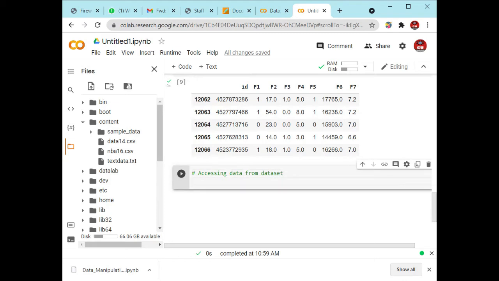Okay, so what is the syntax for this? The syntax is you have to use the iloc function and define a row and column position.